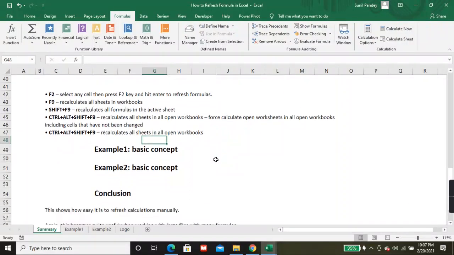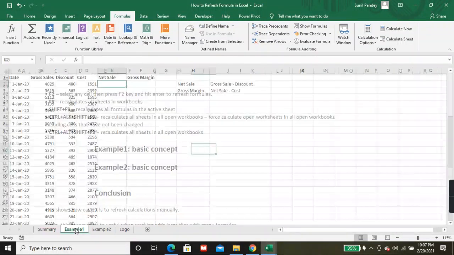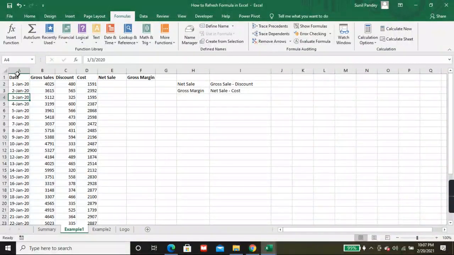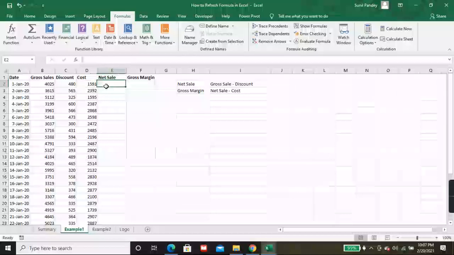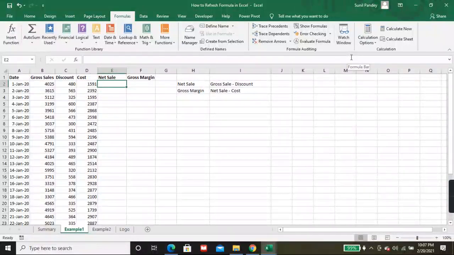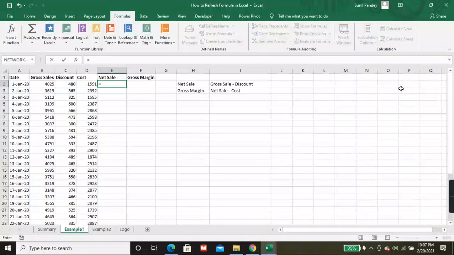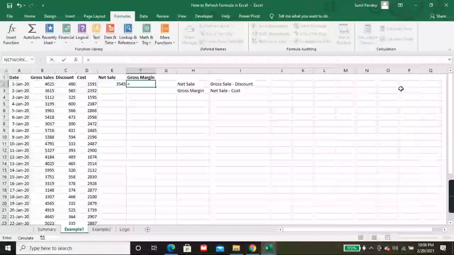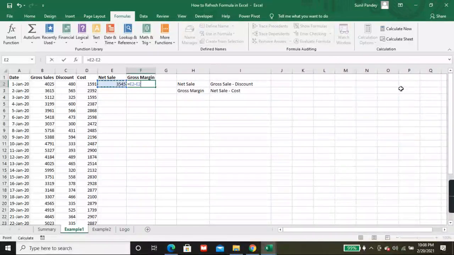Let's see an example so you can understand better. Example 1: I have already set calculation to manual. We have a date, gross sales, discount, and cost, and here we are going to put formulas. Net sale is gross sale minus discount, and the margin would be net sale minus cost.